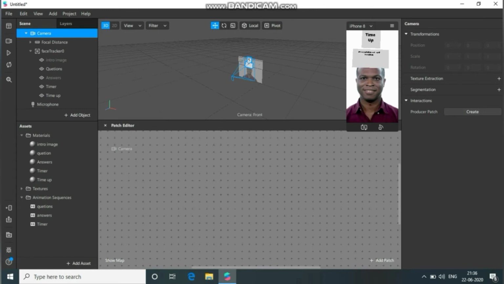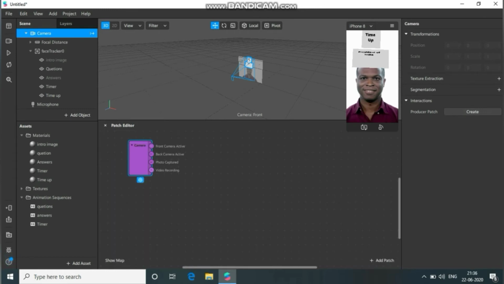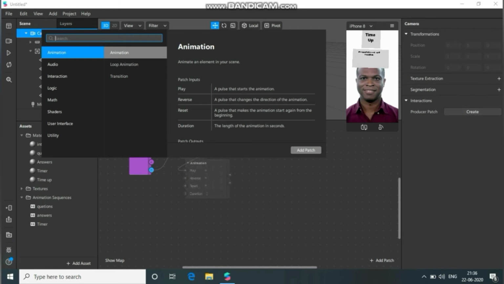From here, drag the video recording node. Whenever you guys drag any of the nodes, you will get a pop-up to add new toggles.